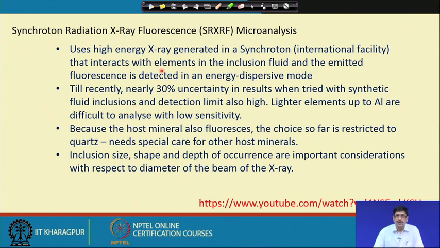If we select light of a particular wavelength in the X-ray range, we can guide it. In a particular synchrotron, there are multiple points at which this high energy electromagnetic radiation can be deflected, to multiple stations which are essentially laboratories in which these rays can be utilized for various types of studies. They are very routinely used by physicists for study of material structure and so on, but this could also be used for analyzing fluid inclusions.